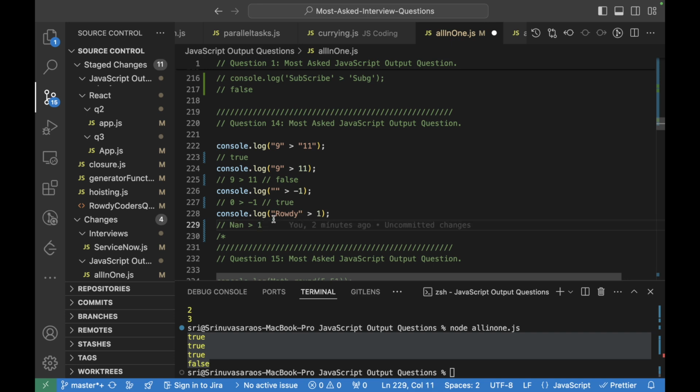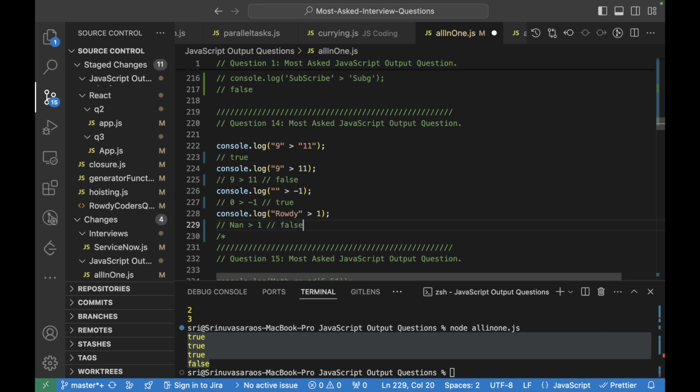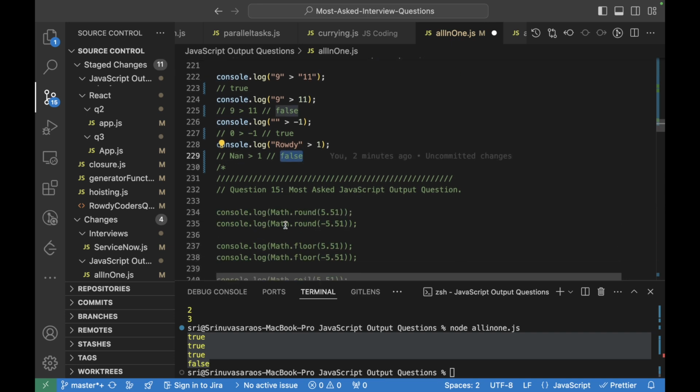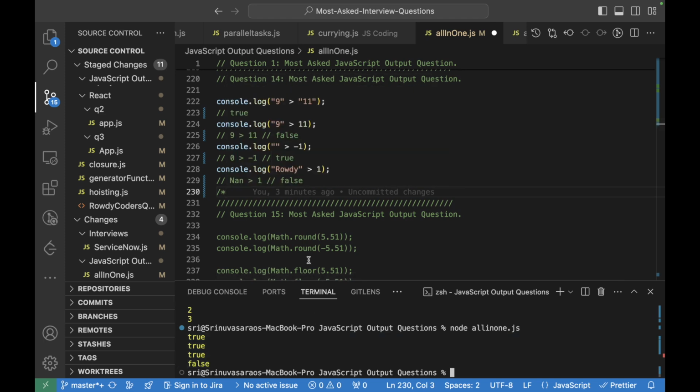NaN checked with 1 will give false here. Let me run it. So true, false, and then true, and then false.